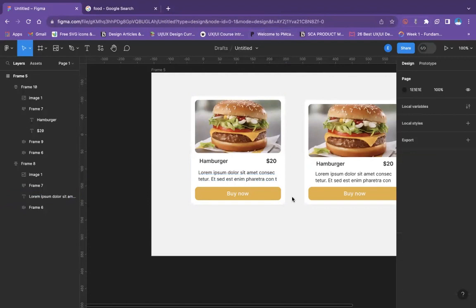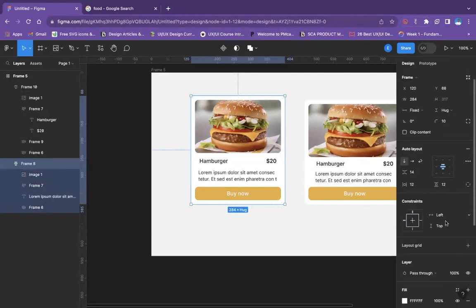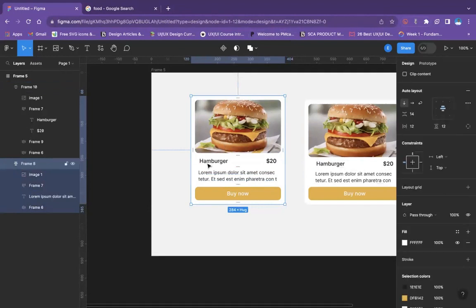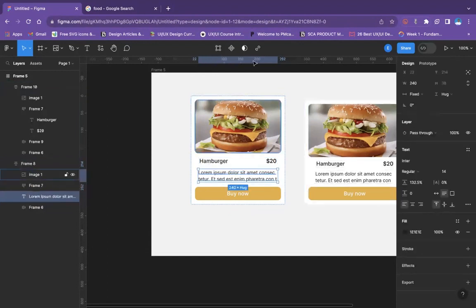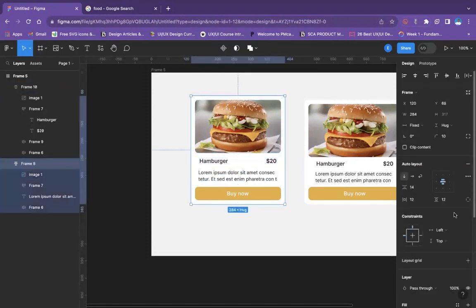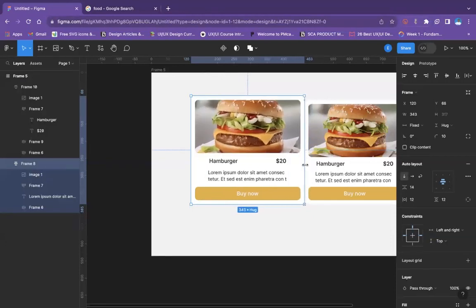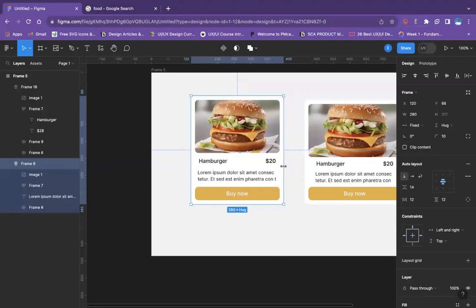If there's something you notice here, my constraint is not showing. Oh yeah, true, it's showing. But if I click on my text, you see that my constraint is not showing. So constraint won't show for individual text and all of that. It's just going to show for this particular one. And if you say you want to set the constraint to left and right, you'd see that it's still taking the same. So what needs to be fixed is